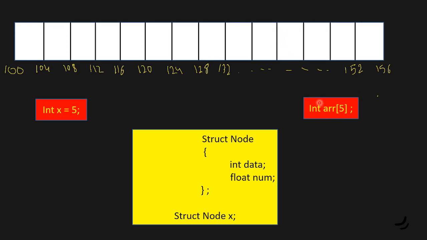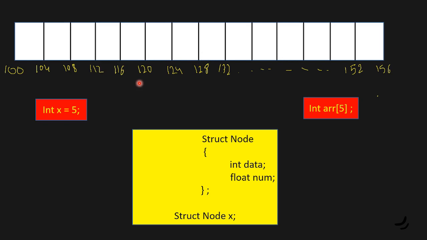Okay, so now let's see how the memory is allocated. In the case of arrays, memory is always allocated such that all the 5 blocks form a contiguous line. That means the memory allocation will happen in a contiguous manner, which means that all the 5 blocks will be just side by side. Okay, so let's suppose that the memory allocation starts from 112. So the first block will be this for the first element, for the second element this will be the square block, for third this, fourth this, fifth this.